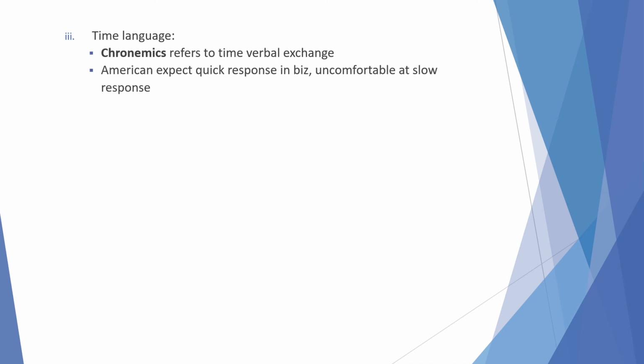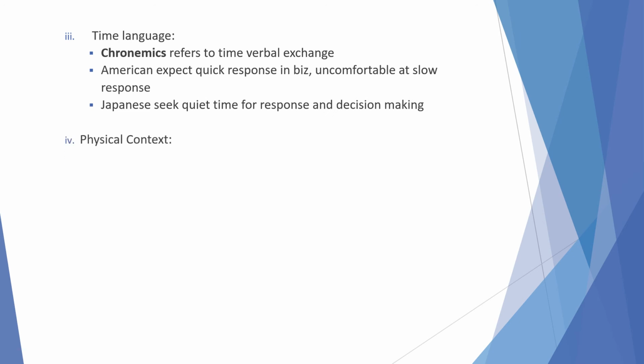Next we have time language, chronemics, which refers to time in verbal exchange. Americans expect quick responses in business and are uncomfortable with slow responses, whereas Japanese seek quiet time for the response and decision making. Next we have physical context, which refers to how color and layout can communicate